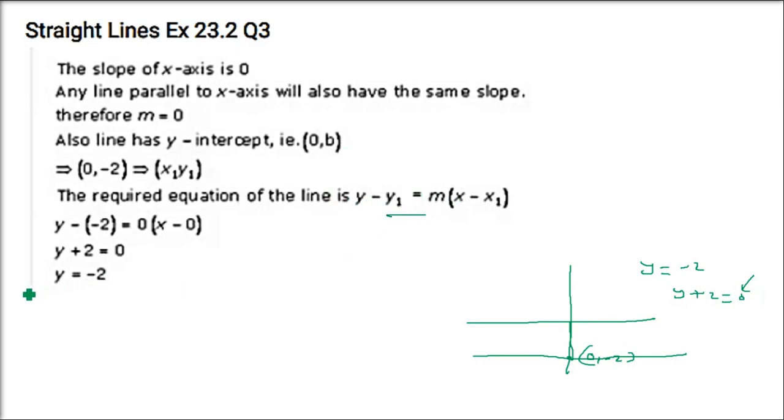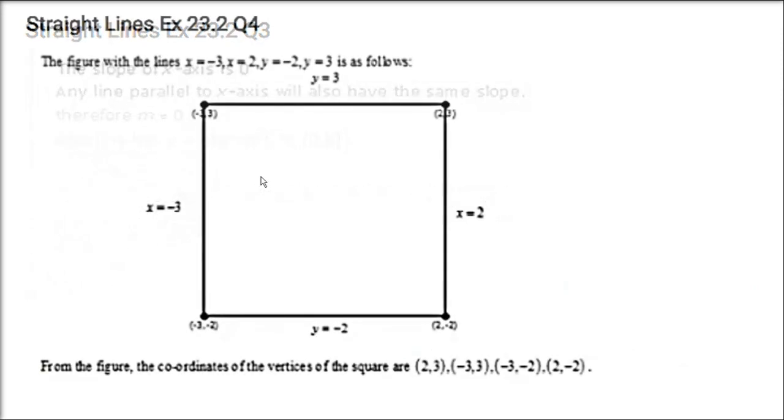Okay. So you can directly do it this way, or you can do the way which we just saw in the earlier question. Right. So you can just write this is x1, y1, y minus y1, that is y minus of minus 2, y plus 2, and slope is going to be 0, and you have x minus x1. This you don't have to do because y plus 2 equals 0 is already there, but from here also you get the same equation.